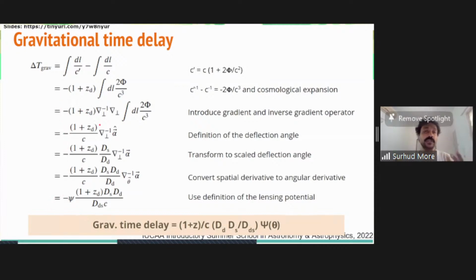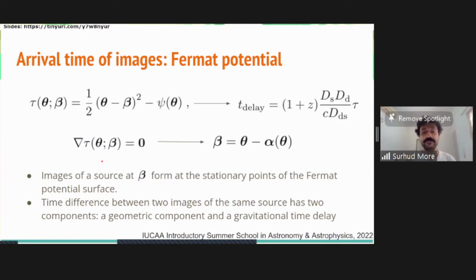So there are two components to the time delays of images that form at different locations. One is the gravitational component, and the other one is the geometric component. So you can now take these two components and put them together to express what is the effective time delay between two different images coming from different locations, or any given image coming at a particular location compared to the